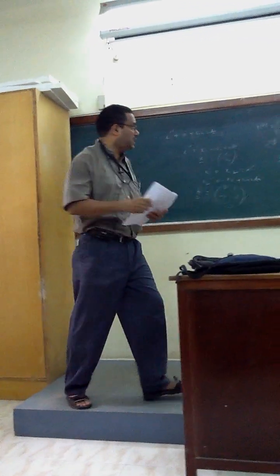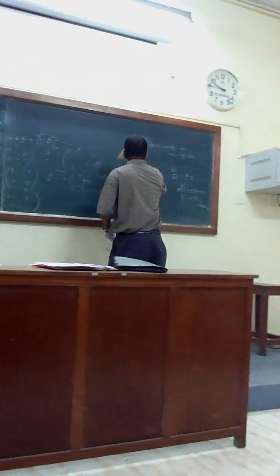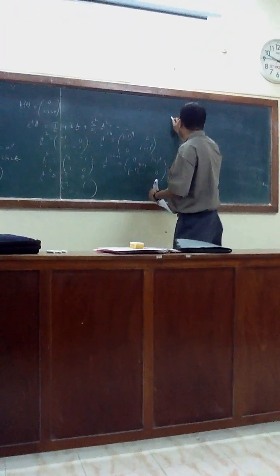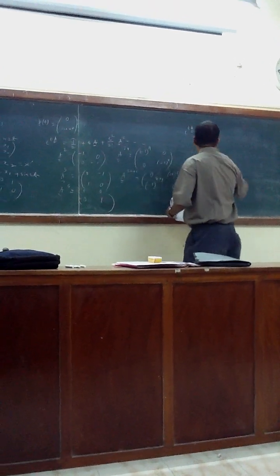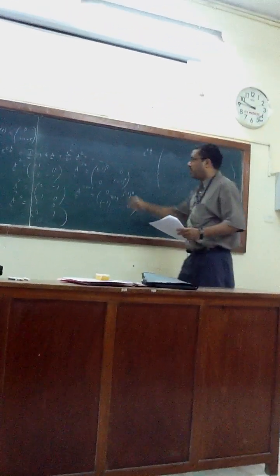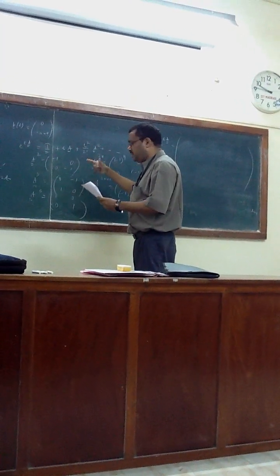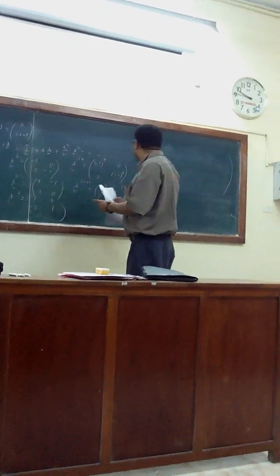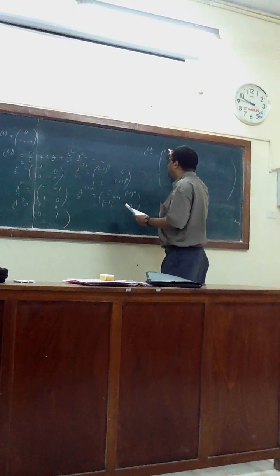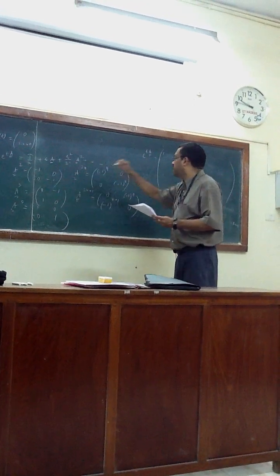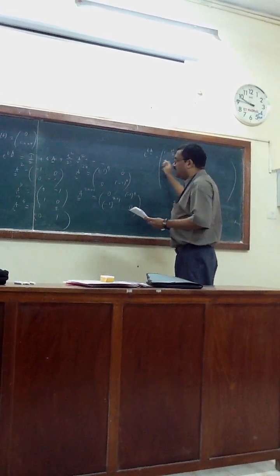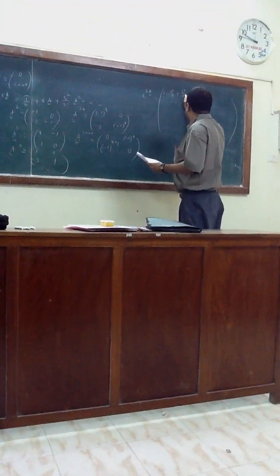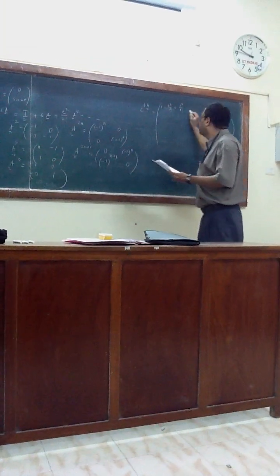Okay. E to the power tA will be what? Direct. Purely direct. Two by two matrix only. tA means A matrix is having first entry 1, so 1 T will not be there. Then minus A square is minus T square by 2. A cube will not be there. A to the power 4 will be there, so T to the power 4 by 4 factorial. Okay, am I correct? And so on.